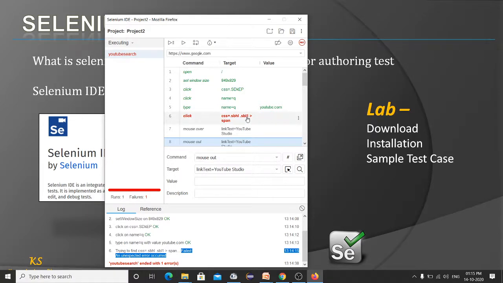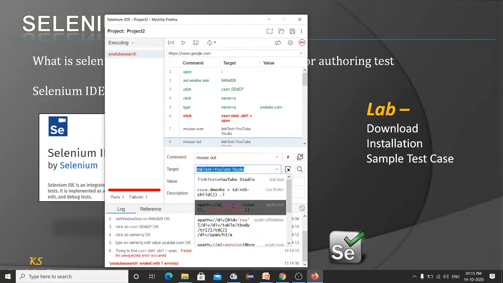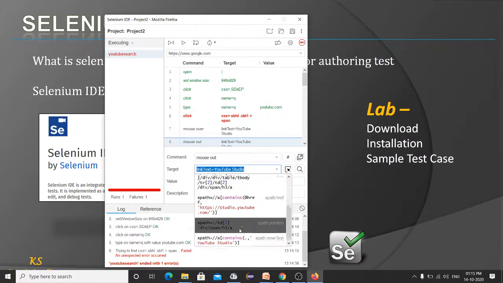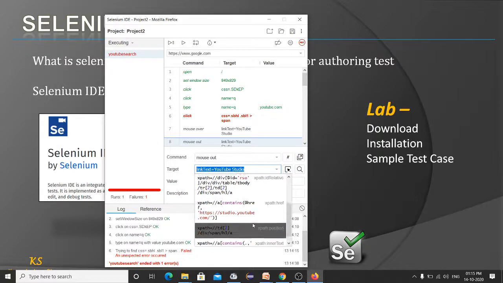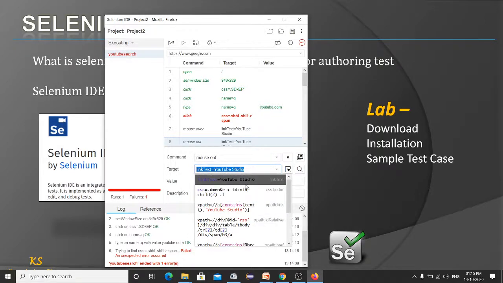We will be writing them manually, but here you can see they are auto generated by the Selenium IDE tool, and you can see the target. You can see different kinds of locators, CSS, XPath. You can pick your XPaths or CSS from here based on what you're comfortable with, or based on a static way, so that even if your element changes, you should be able to find that element. Again, what this element is and all, we will see in a different session in detail.